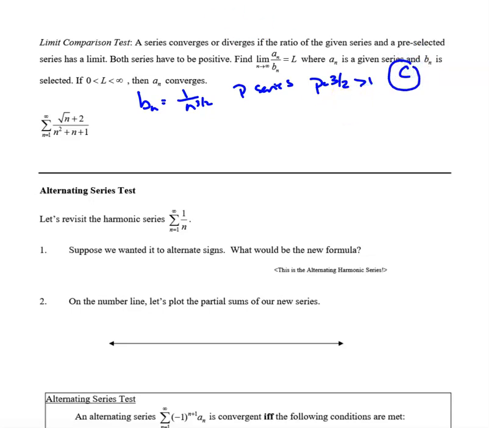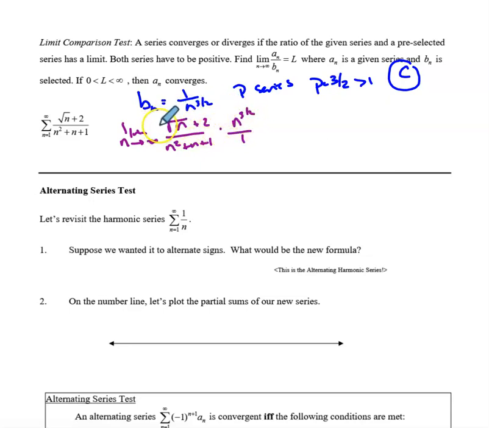So now, in order for our series to converge, we have to take the limit. And we are going to take the limit of our series compared to a known convergent series. So we'll have rad n plus 2 all divided by n squared plus n plus 1. And we're going to divide by 1 over n to the 3/2, which is the same thing as multiplying by its reciprocal. And when I do that, and I just look at my leading degrees here,